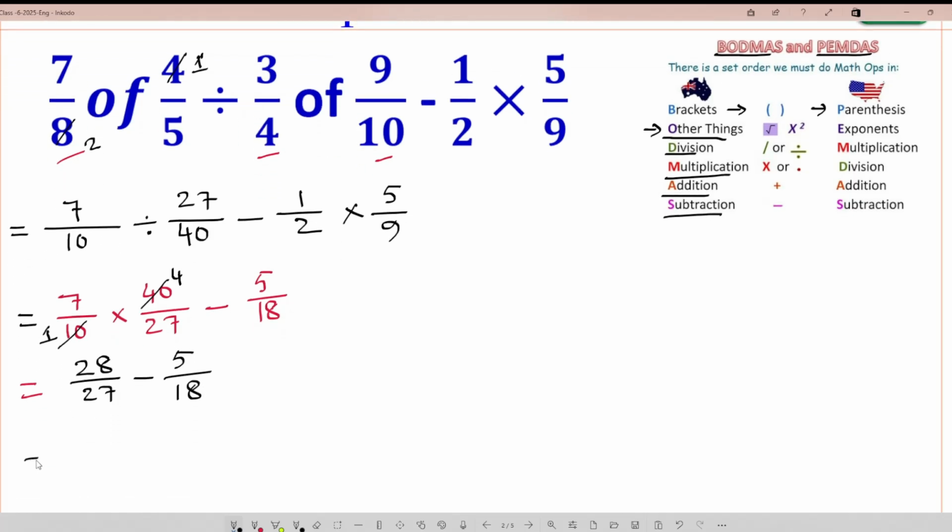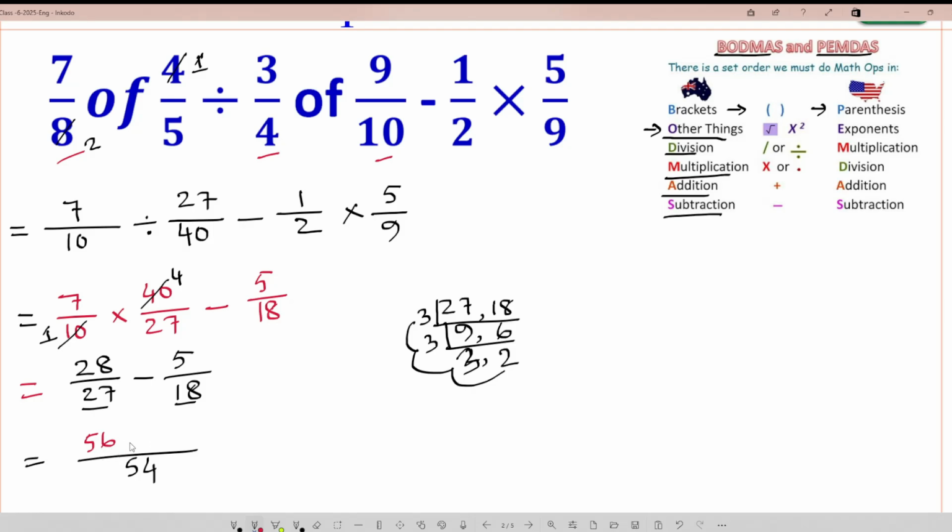Now look, 27 and 18, to make the LCM we can divide by 3, so 9 and here is 6, right? And again by 3, here is 2, and here is 3, and here is 2. So 3 times 9, 9 times 3 is 27, 27 times 2 should be 54. 54 is our LCM. So here is 56, minus